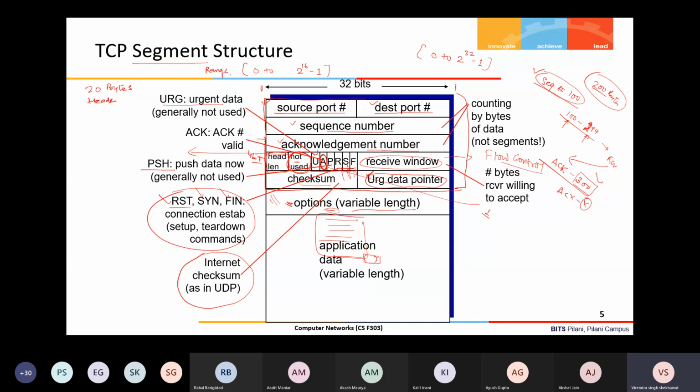Right now I'm not able to recollect any such example with respect to an application, but this is the purpose, how it can be used. Maybe we can get some specific example later, but right now I'm not able to recollect one, because it is internal to the application. Unless we know the exact internal structure of the application, we cannot say that this has been implemented using the urgent flag.